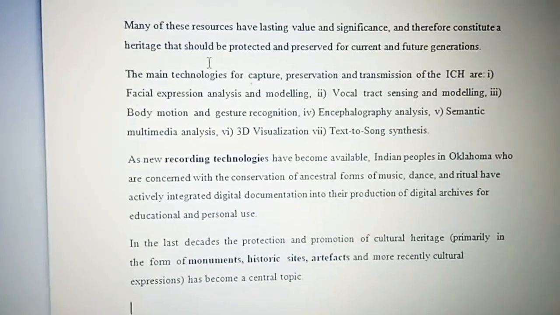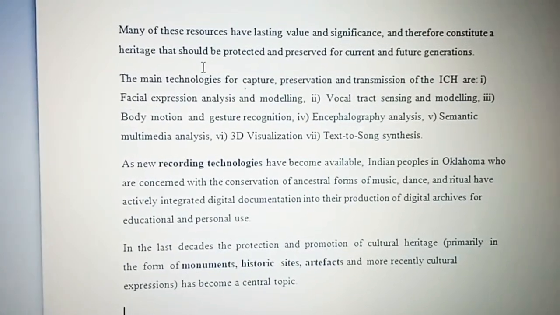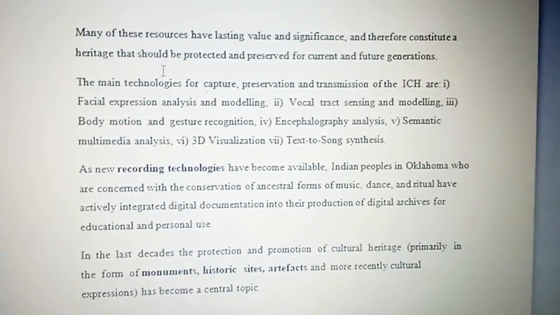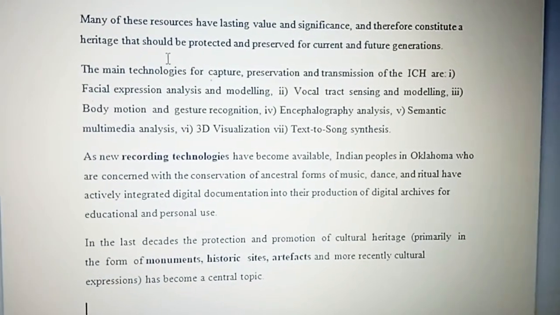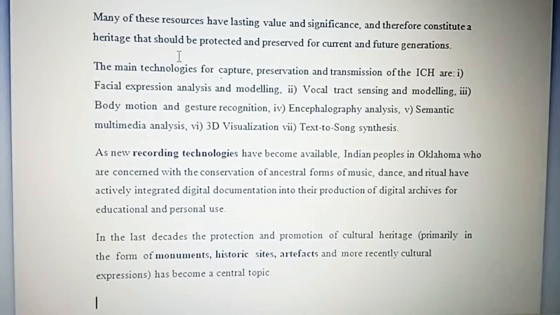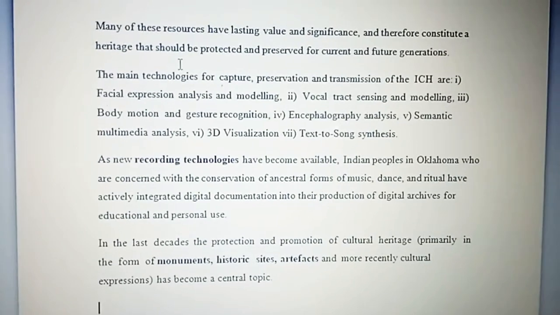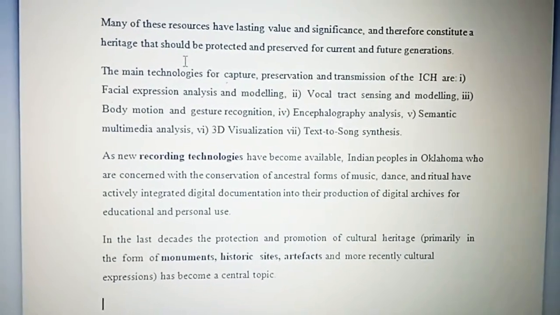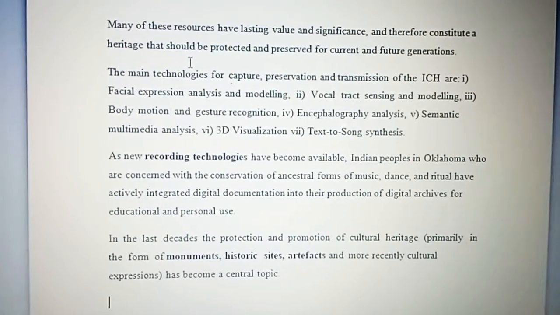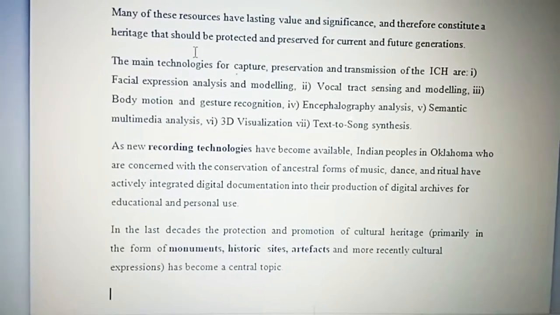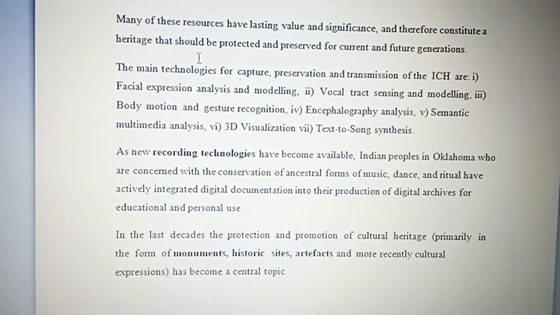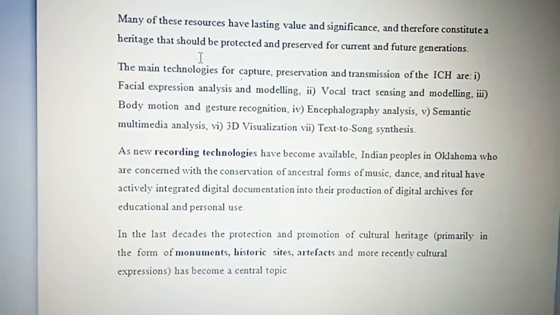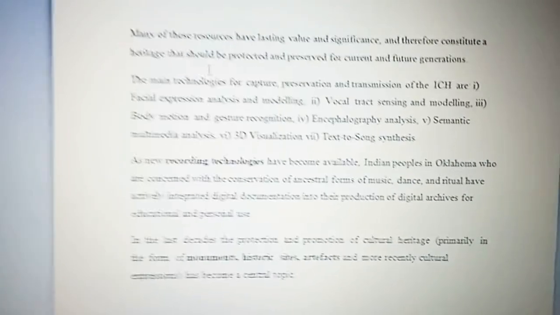As new recording technologies have become available, Indian people in Oklahoma who are concerned with the conservation of ancestral forms of music, dance, rituals, and cultures have actively integrated digital documentation into the production of digital archives for educational and